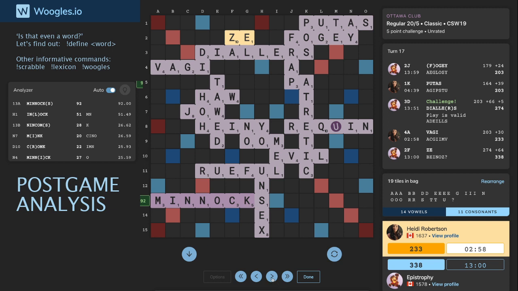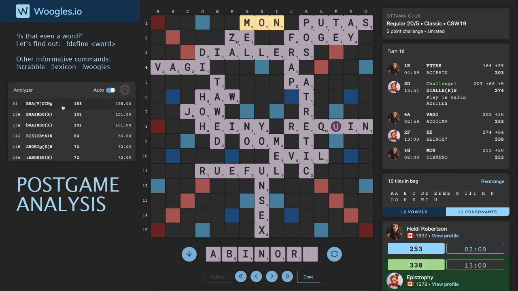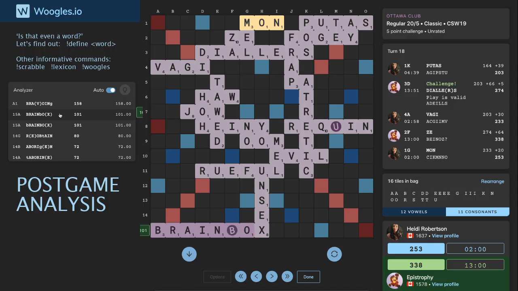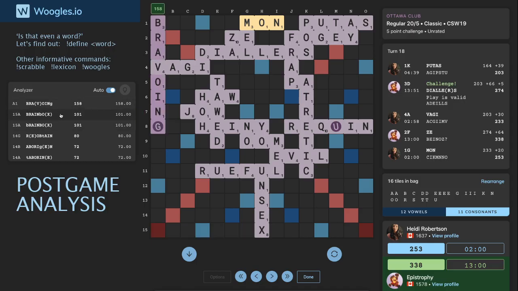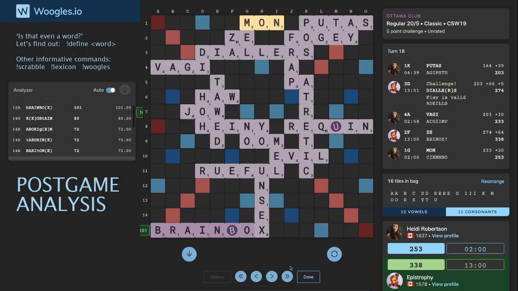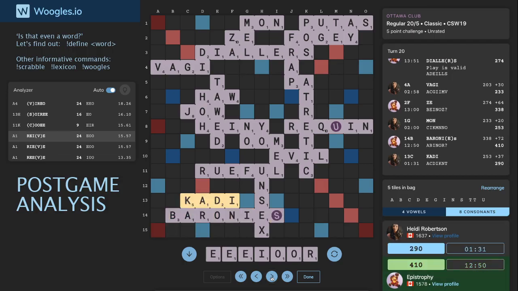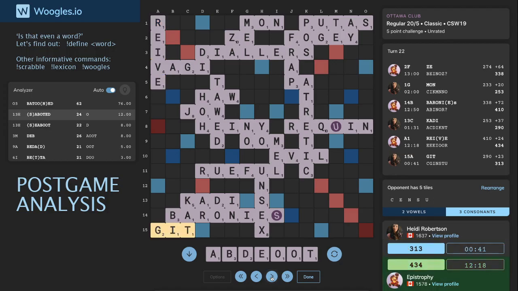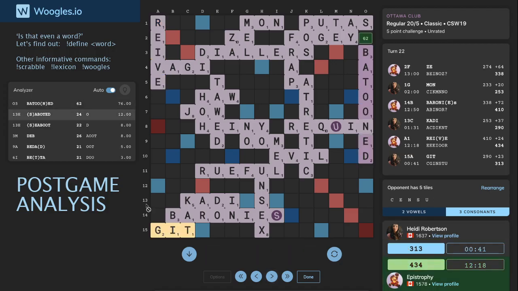Miss over here on my opponent's side. I'll just speed through this because we... Oh, missed this. Bravoing, look at this. And Brainbox. 158, 101. Yeah, we didn't see anything like that. Anyway, I'll just speed through because now that we know what we missed. Also missed a Battuned here, but I don't think I knew Battuned, which is also in Collins, so...